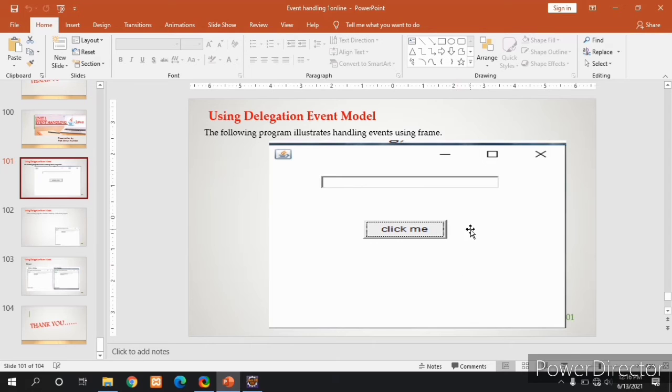And the event source is there, that is the button, and after clicking on that button an action event will be generated. So we need to register this action event to handle the event. So we did the registration of this button also.